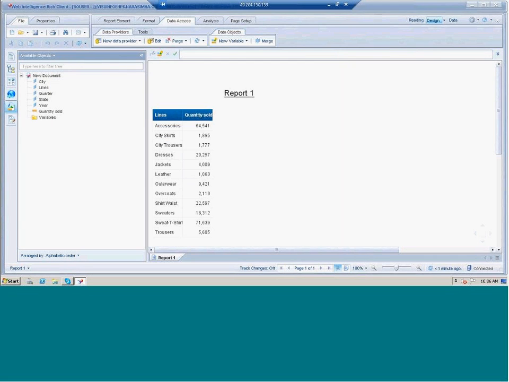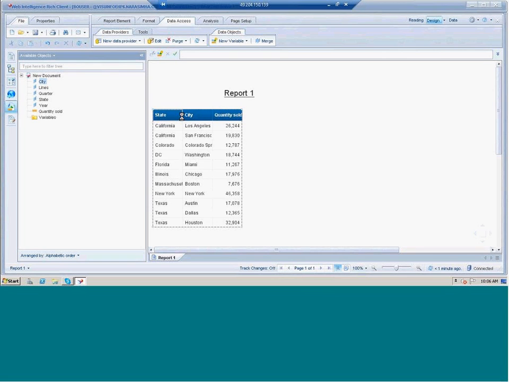See, currently we are analyzing the quantity sold with respect to product line. I would like to quickly see it with respect to state. You can just simply drag and drop. I would like to see it with respect to state and city. So it's an interactive report. It's not standard reporting where the end user just sees one report output. So you can interact with the report. You can drill down, you can do ranking, you can create various charts. So this kind of reporting is called as